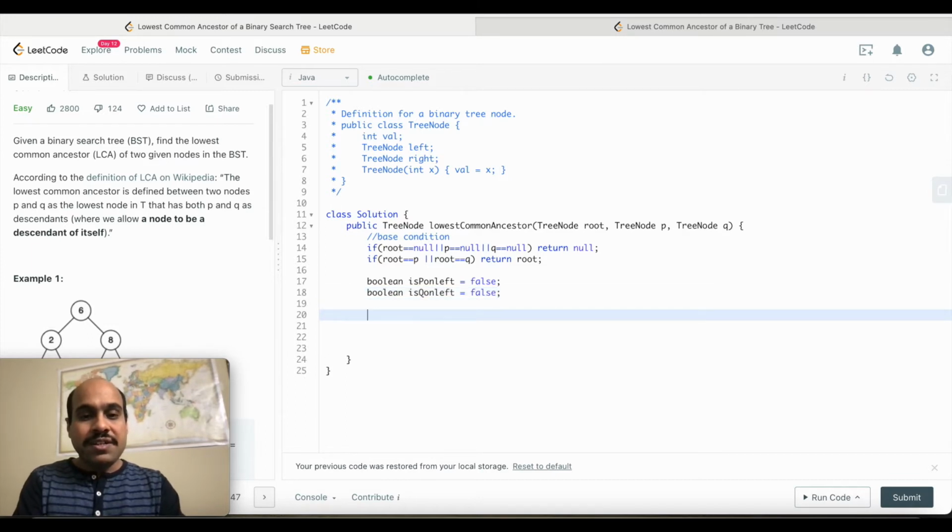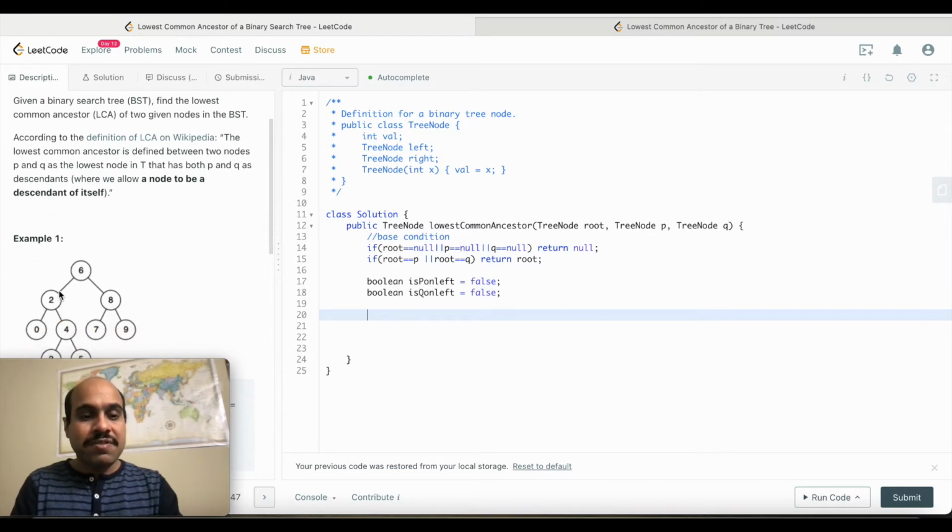And because it's a binary search tree, it's easy to find whether p is on the left of the root node or not. For example, suppose p equals 2, if I want to check whether 2 is on the left side of 6, it's easy, right? I can check its value against the root value. If it is less than the root value, and it's a binary search tree, we can safely say that this p node is on the left side.